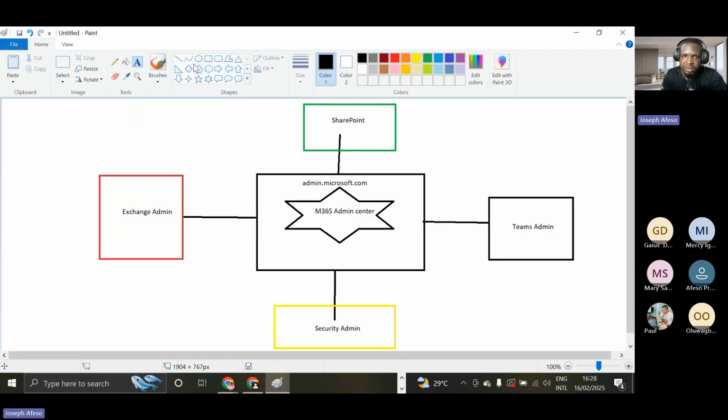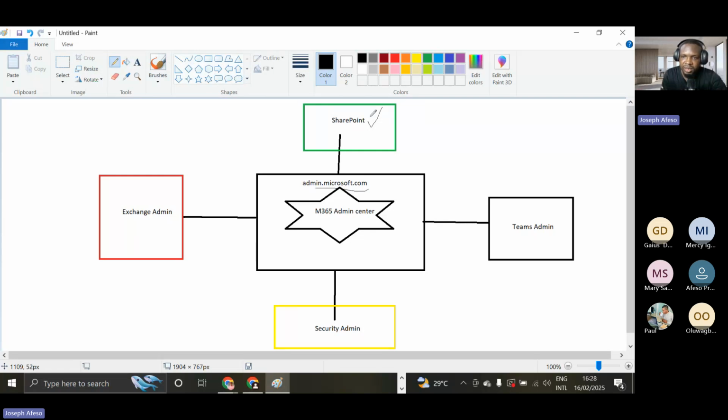So it's possible that you were given a SharePoint administrator role. What that means is that when you sign into admin.microsoft.com, the only admin center you would see to navigate to is the